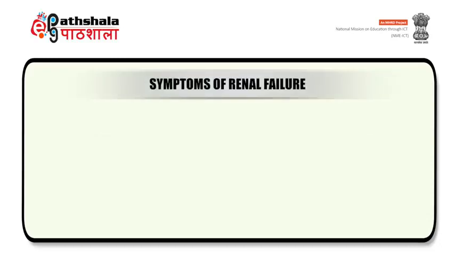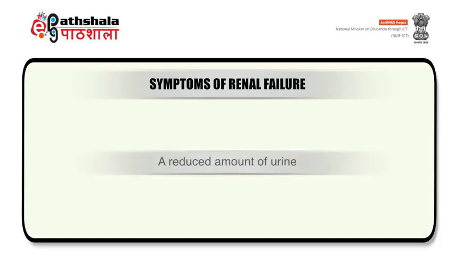So first we will discuss the symptoms of renal failure. The symptoms include reduced amount of urine, swelling of legs, ankles and feet from retention of fluid, shortness of breath due to increased amount of fluid buildup in the body, excessive drowsiness or fatigue, persistent nausea, confusion due to the lack of oxygen carrying blood cells, pain or pressure in legs and chest, then seizures, coma, urinary urgency, nausea and metallic flavor. So these are all the symptoms of renal failure.